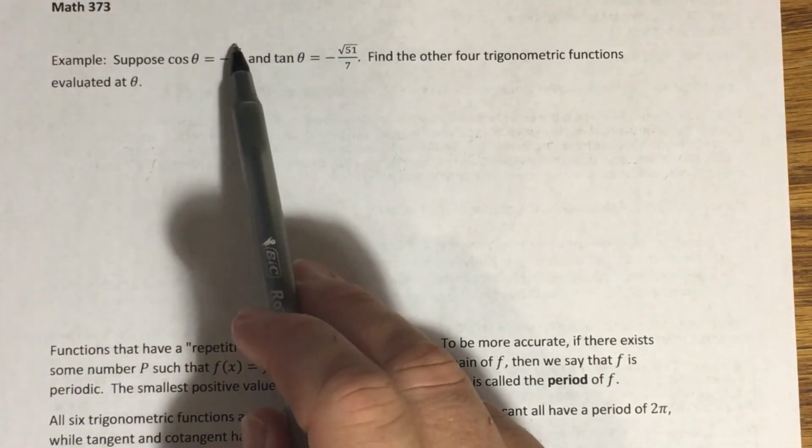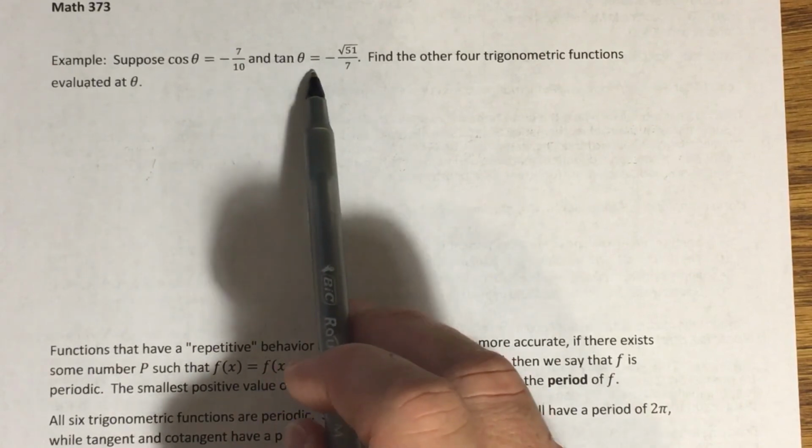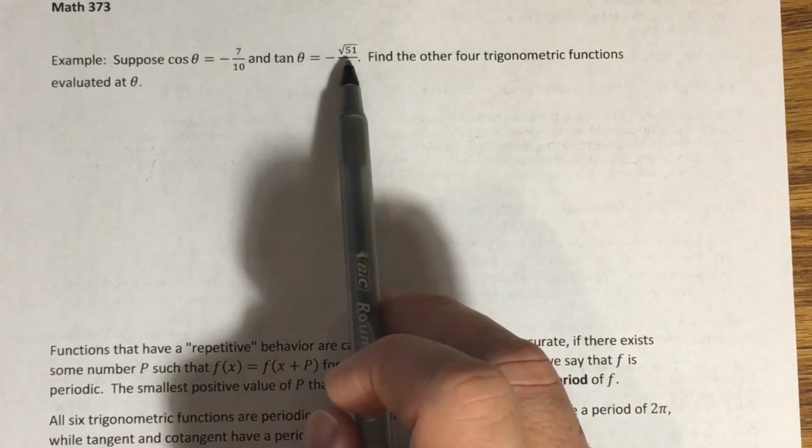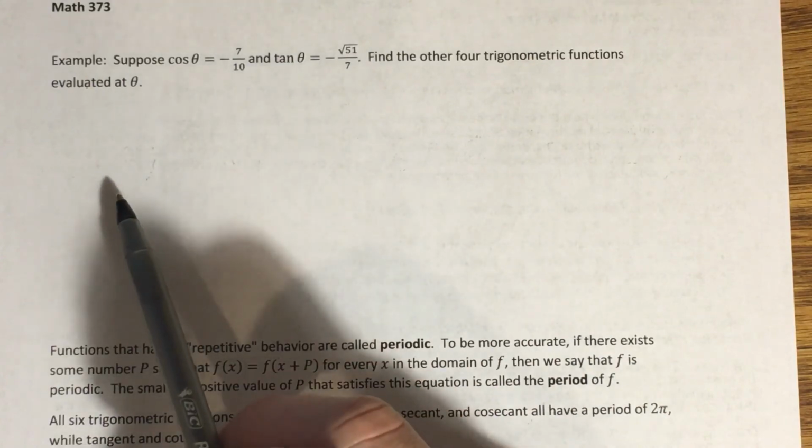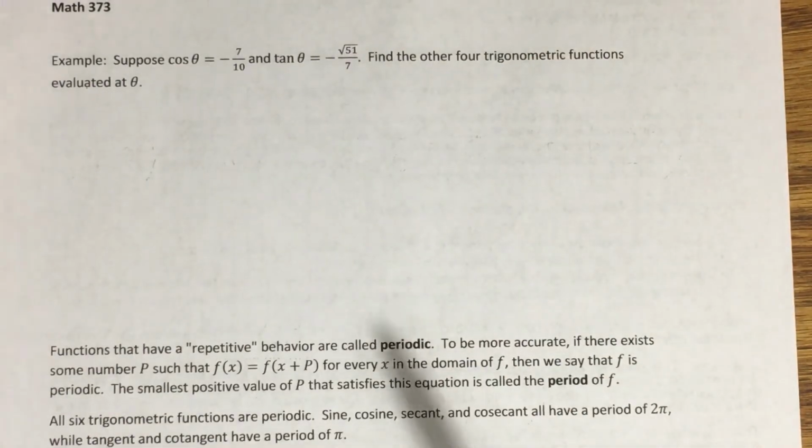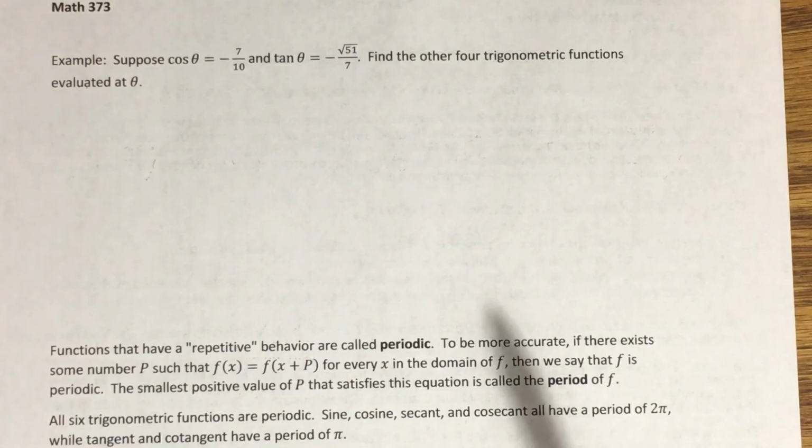Cosine of theta equals negative 7/10. Tangent of theta equals negative root 51 over 7. Okay, and we're asked to find the other 4 trigonometric functions evaluated at theta. Now, there's a couple of things